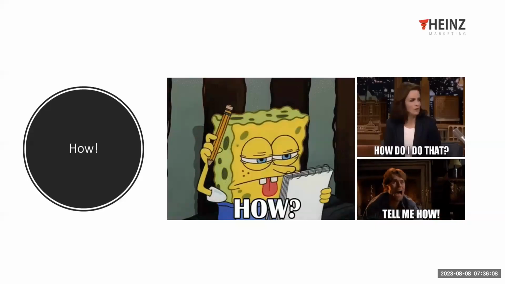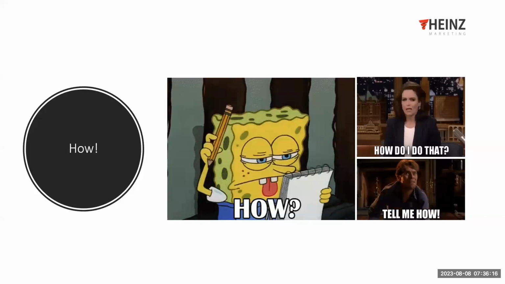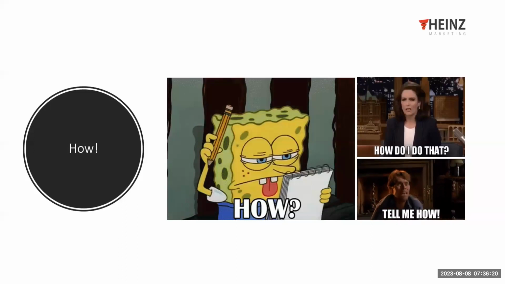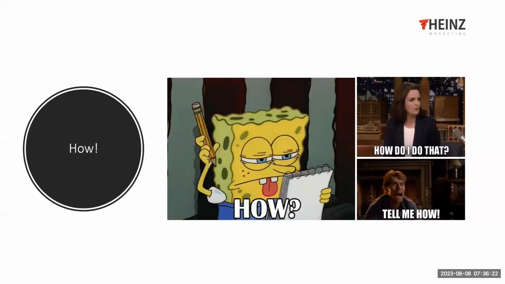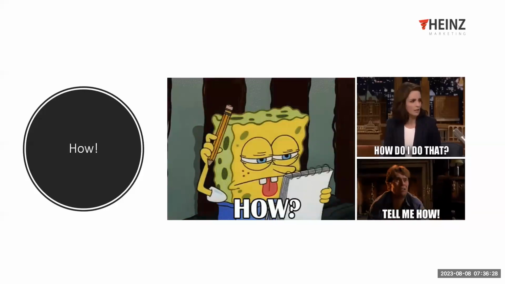Then the other piece you want to look at is how. How did this work? How did we run this campaign? How did we organize the team? How did we manage communications? It's a bit more of the process-oriented piece, but it still is very insightful. And how you are doing your marketing is equally important to why the things you're doing are working. That execution piece really can't be ignored.